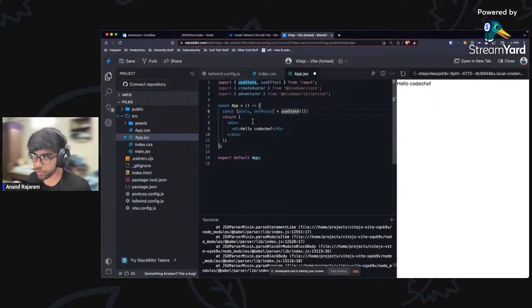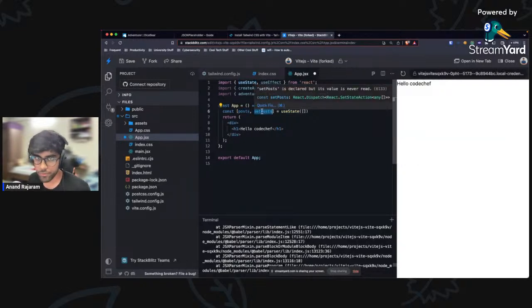A React hook is basically a function which performs some function on the React app. useState is an example of a hook where you can store data and change the stored data. So over here, you have the state variable itself